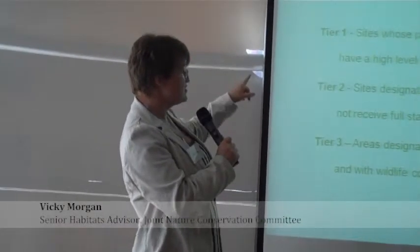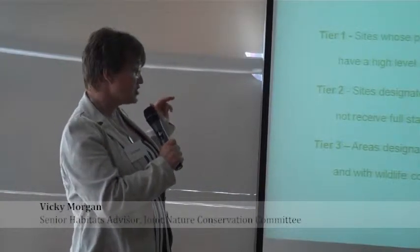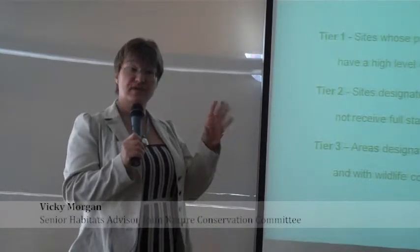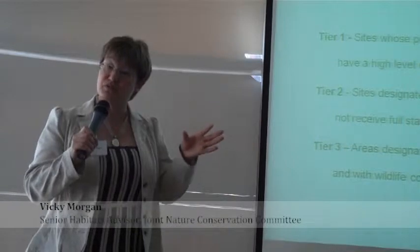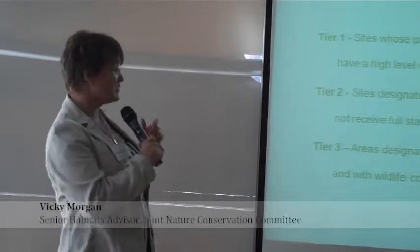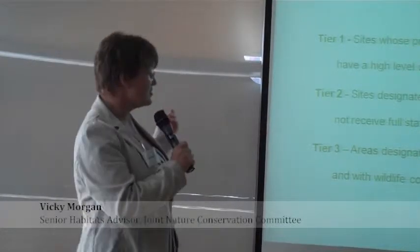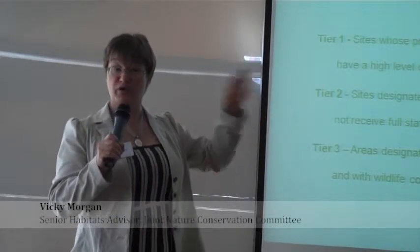Then tier 2 are sites which have been identified as being of high biodiversity value, but they haven't got full statutory protection. They're often referred to as local wildlife sites, and the sort of protection they get might be that they're in a strategic plan somewhere as a designated area that's important for nature conservation. So if a development proposal comes in, the planners will take account of that, but it'll just be one of the things they take account of when they're balancing the needs of society to decide what's best for other planning development. That's quite a vague level of protection, and some planning authorities treat it very seriously, and others less seriously. But it also enables landowners access to grants to help them manage the land,